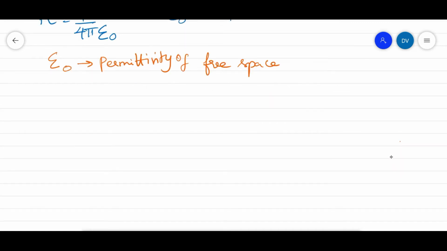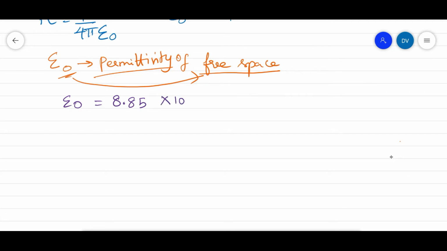What is this permittivity story? How many electric field lines are allowed in that area? That is the concept of permittivity. Okay. So naught means it is representing free space. Remember that. You can see this value in the front page of the question paper. Anyhow, my suggestion is to remember the value.